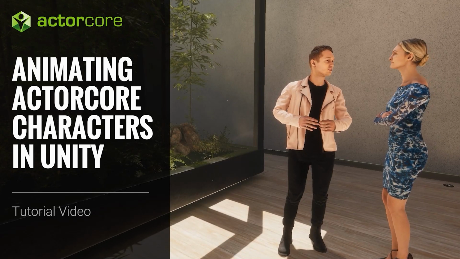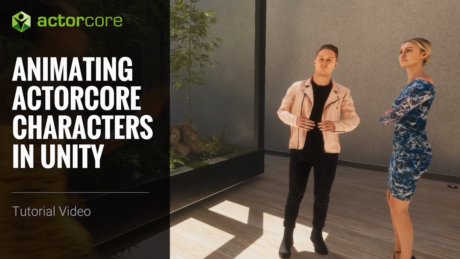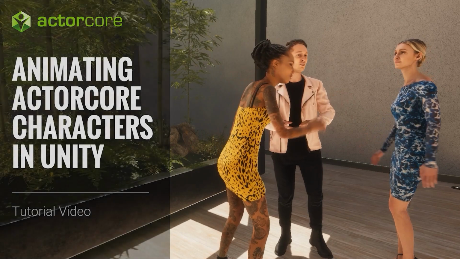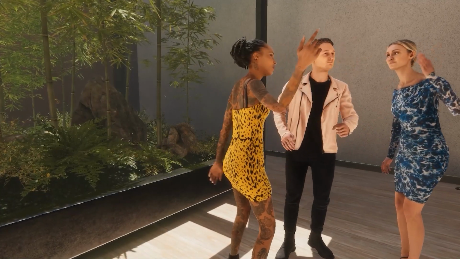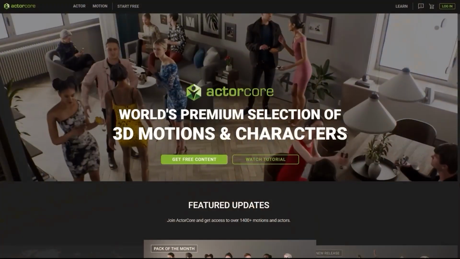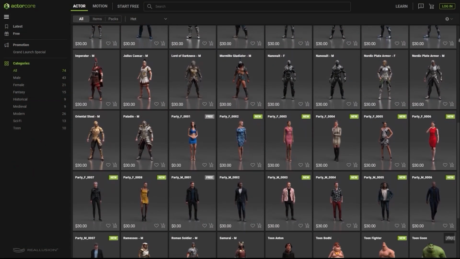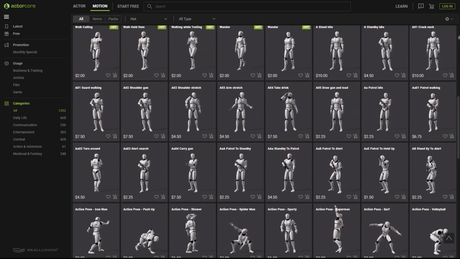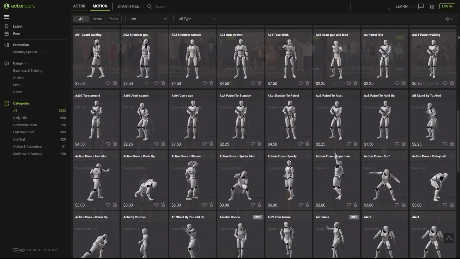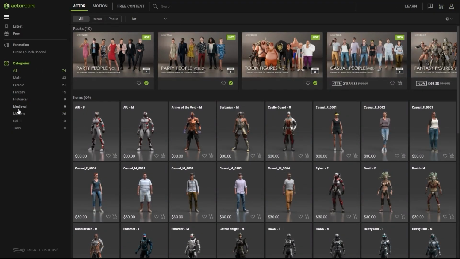Hey everyone, in this tutorial we're going to talk about how you can get motion and character model assets from ActorCore and use them in your Unity projects. ActorCore models and motions can easily be used in many different types of projects, ranging from architectural pre-visualization to game design and CG film. In ActorCore, you can use the categories on the left to quickly find the type of